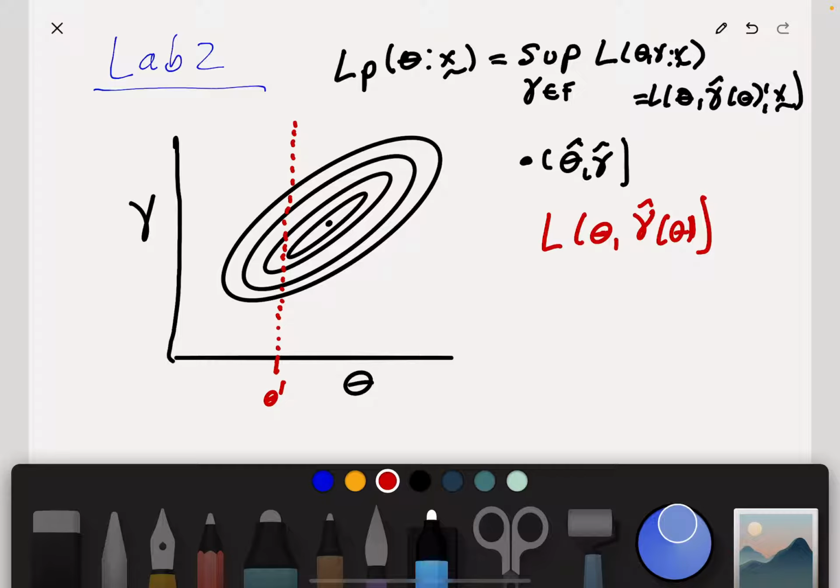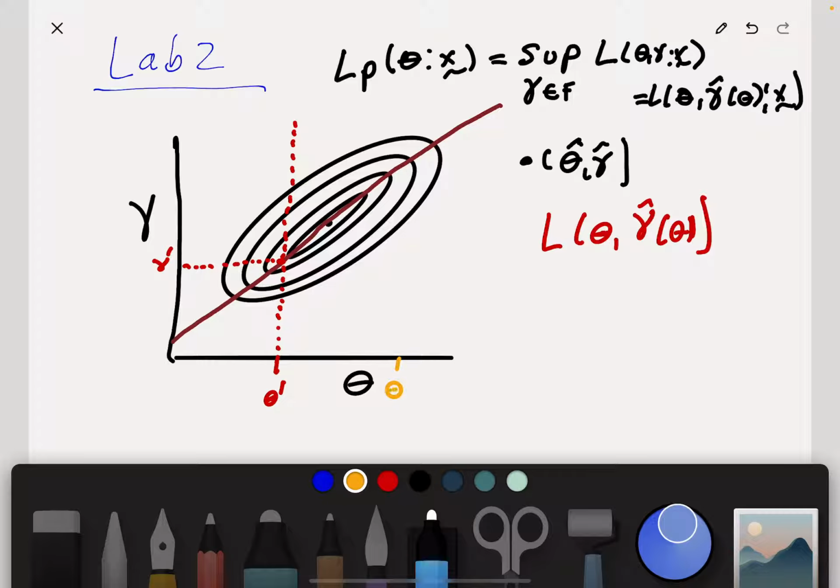I think I had this diagonal indicating what the ridge was, just to help us think about it. Now if I take this point and I go here, let's call it gamma prime. And then if I had a different theta, let's take this yellow theta,